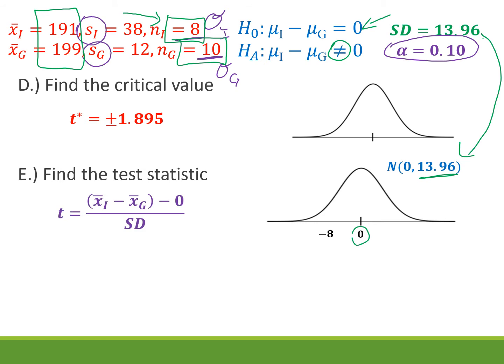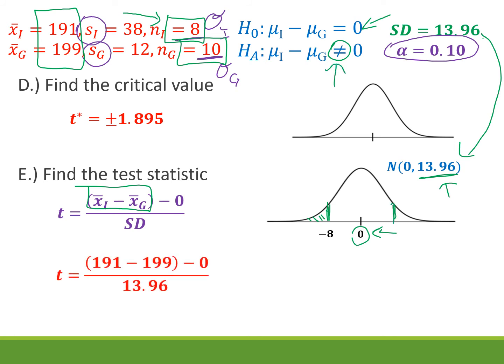Would that be usual or unusual based on that mean and that standard deviation? Okay, so I have Indiana County first, Greene County second. It doesn't matter if you have them flipped. The 8 would just be over here, which we're going to have to find anyway because it's a two-tailed test. So we plug those in. We have -8 over the standard deviation of 13.96. That gives us our test statistic,